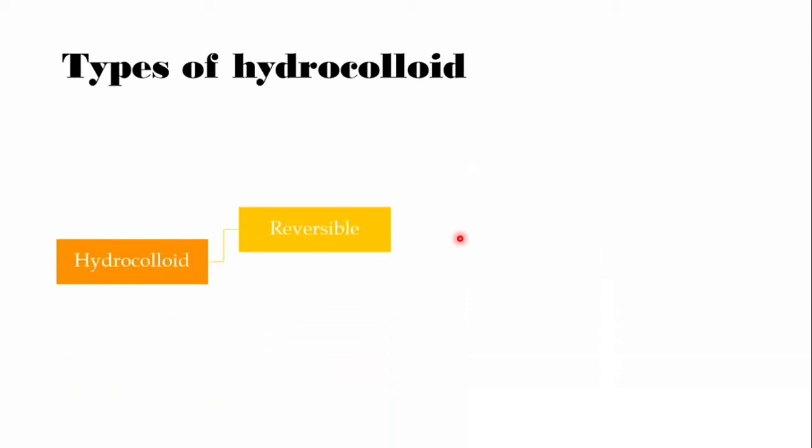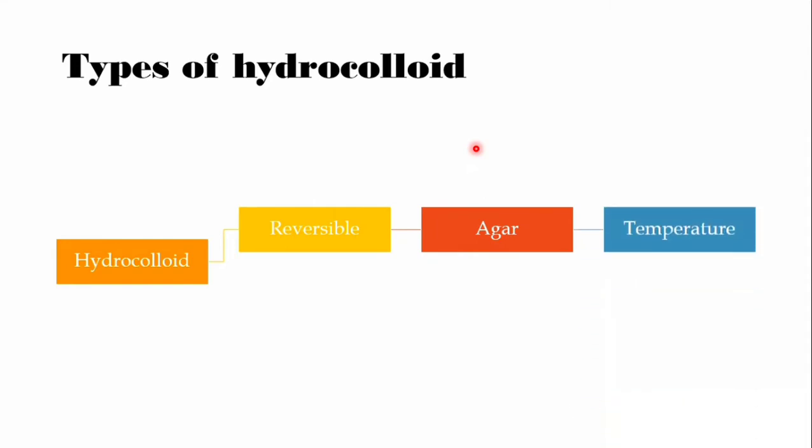Now, what are the different types of hydrocolloids that are used for taking an impression? So, the first one can be reversible, which is agar material. Here the setting reaction or the gelation takes place by change in temperature. That is, at a high temperature the material is going to convert from a sol form to a gel form, and when the temperature decreases again, the material is going to start to gelate, or it will start converting into a sol form from the gel form.